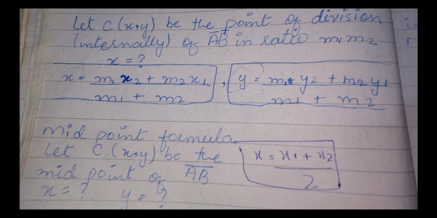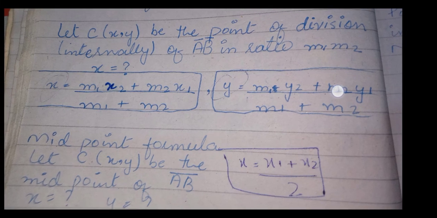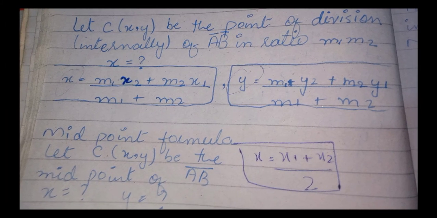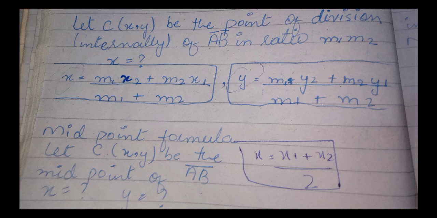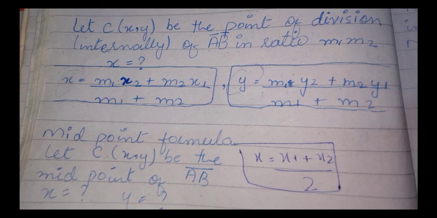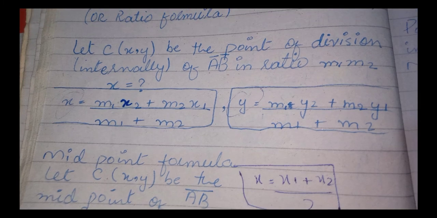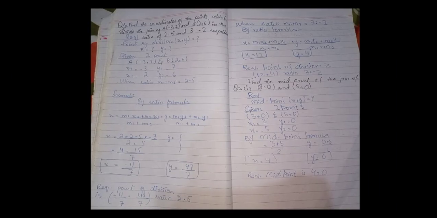Then we have this x and y. We should know this x and y, because this is the point of division. If you want to cut the bar and represent it in the graph, a graph always needs two axes and two coordinates, x coordinate and y coordinate. So we need the x coordinate and y coordinate of the point of division. So this x coordinate, y coordinate are the point of division of the bar.